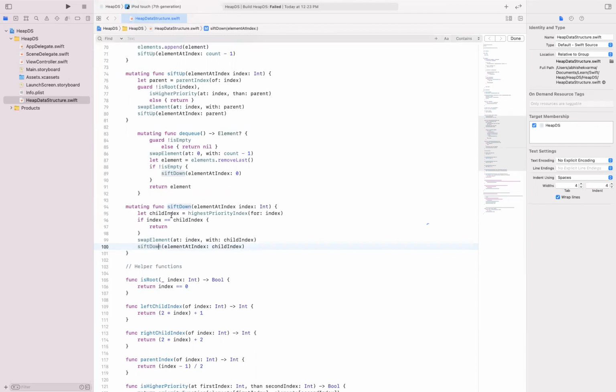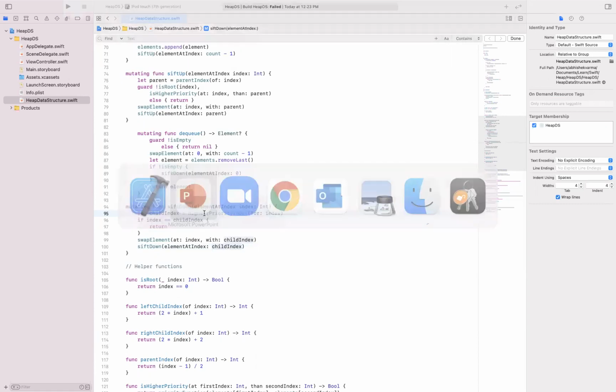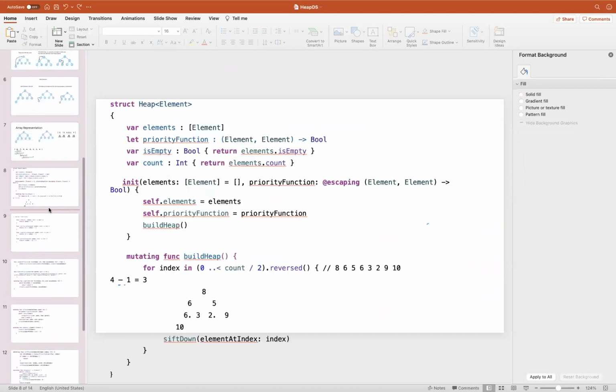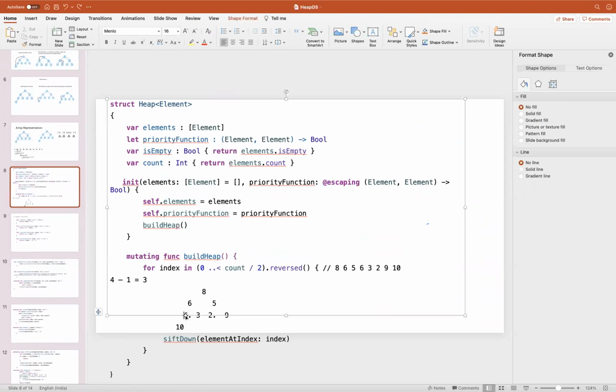We are calculating the child index among the highest priority index between parent and the child. Okay, so here it will be 6 and 10. This will be moved up. So 10 will come here and 6 will come here. Again this. Now this will become, yeah, that was correct, only 10, and then this will become 6. This will become my child, so 10, and 8 will come here.